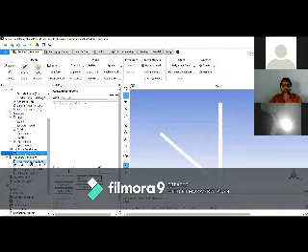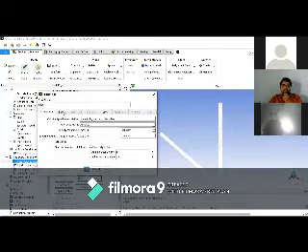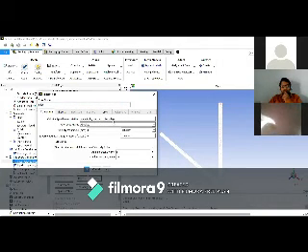So go to the inlet boundary condition. When you click on the inlet boundary condition, this is the inlet boundary condition that appears. This is the mode of the velocity inlet, and the zone name is inlet. Here the velocity specification method is magnitude normal to the boundary.